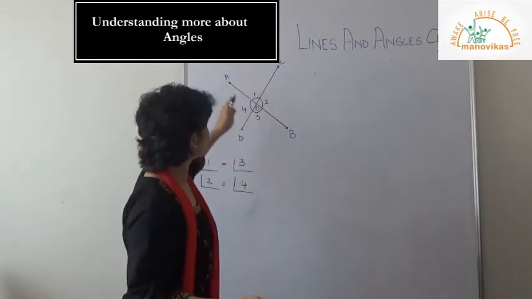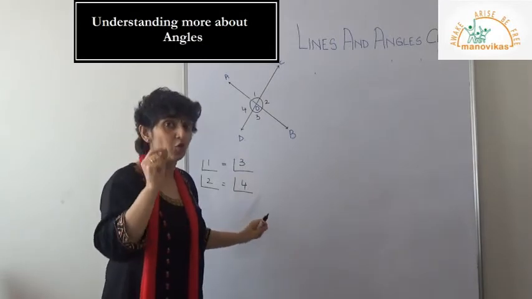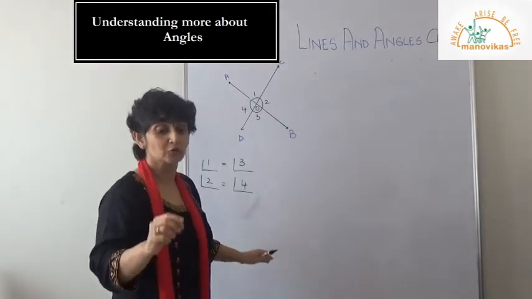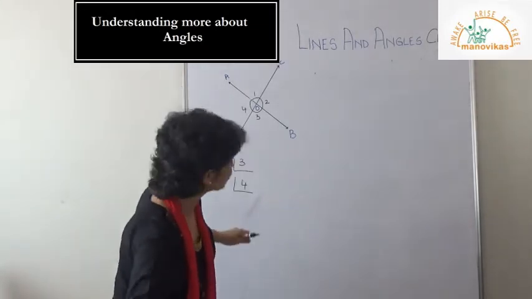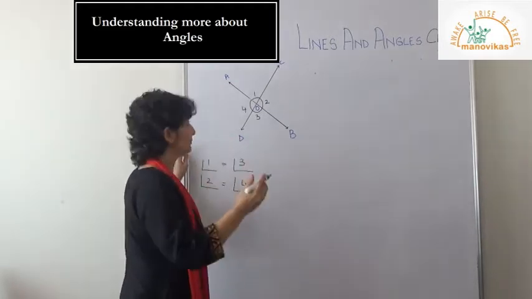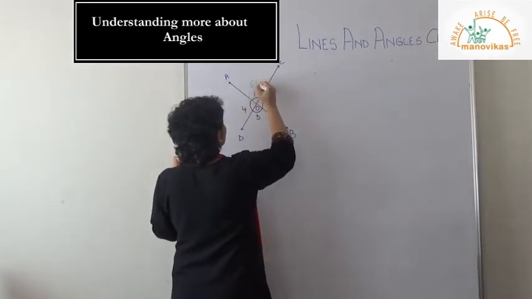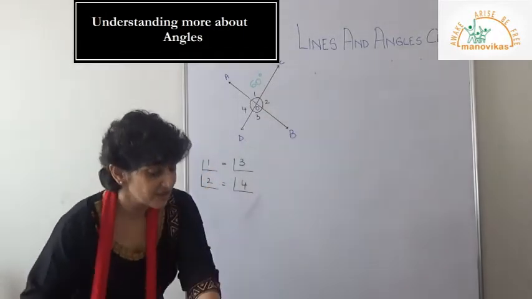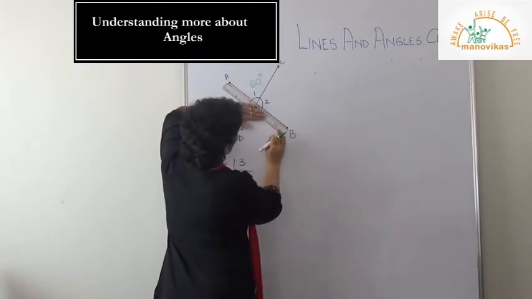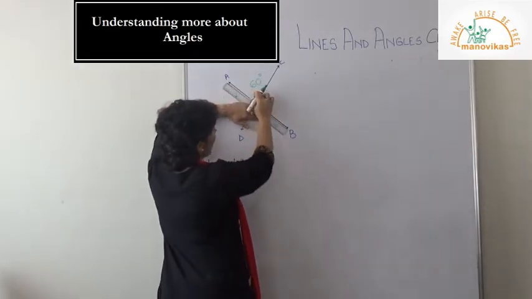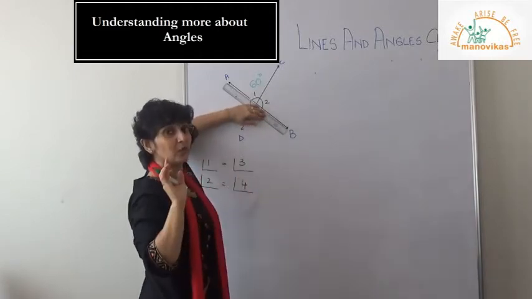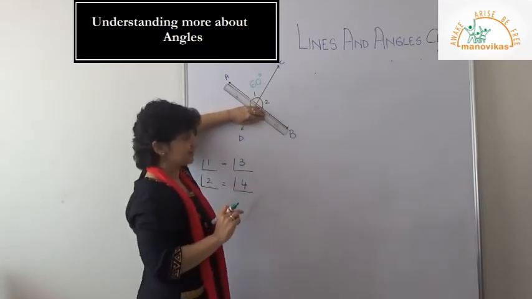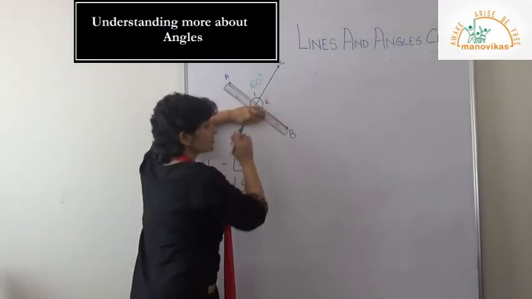Now, for example, children, now, I have these two straight lines. Now, you know straight line means the angles will be equal to, yes, 180 degrees, correct? So, I have one straight line and for example, let me say this is 60 degrees. Alright? Now, if angle 1 is 60 degrees, I have my straight line AOB. Let's take only this line. So, angle 1 plus angle 2 I know is equal to 180 degrees. Why? Because I said AOB is a straight line. So if this is 60, how much should this be?